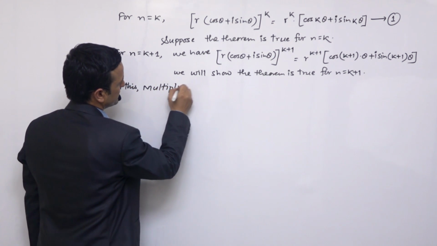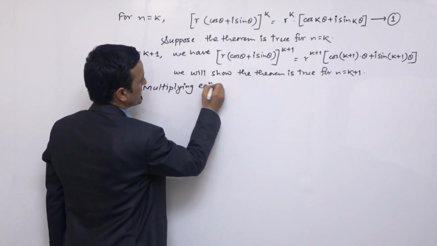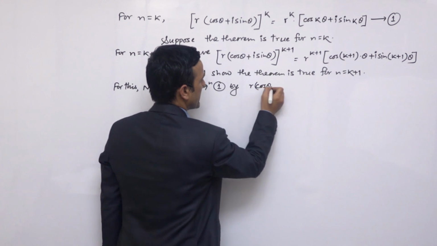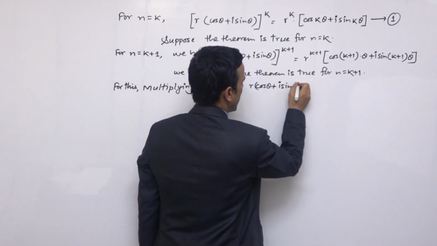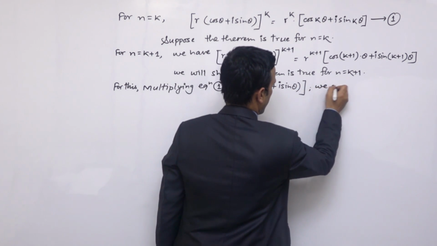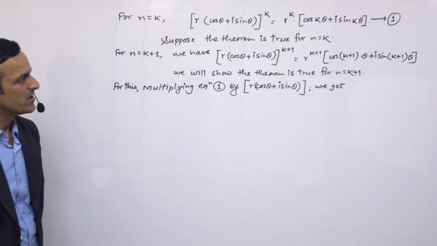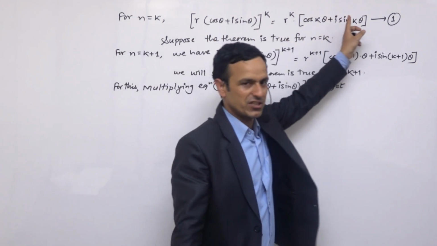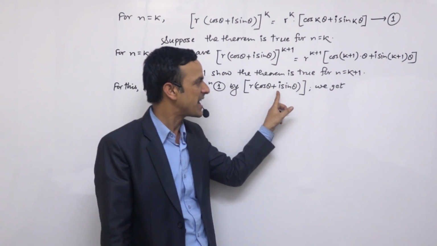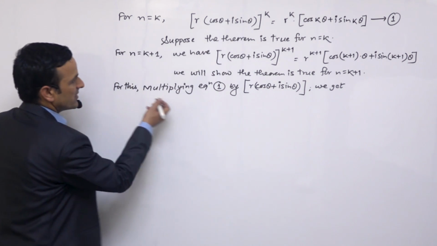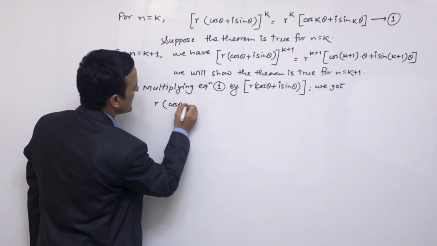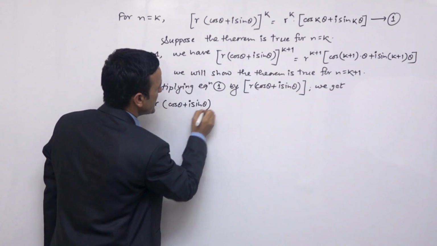फर दिस मल्टिप्लाइङ इक्वेसन 1 by r times cos theta plus I sin theta। यो टर्मले हामी इक्वेसन 1 लाई मल्टिप्लाई गर्छौं। देन वी गेट माथिको इक्वेसन यो स्टेटमेन्ट LHS इज इक्वल टु RHS। यो इक्वेसनलाई r टाइम्स cos थीटा प्लस I sin थीटा ले मल्टिप्लाई गर्ने। So what we will get then r times cos theta plus I sin theta